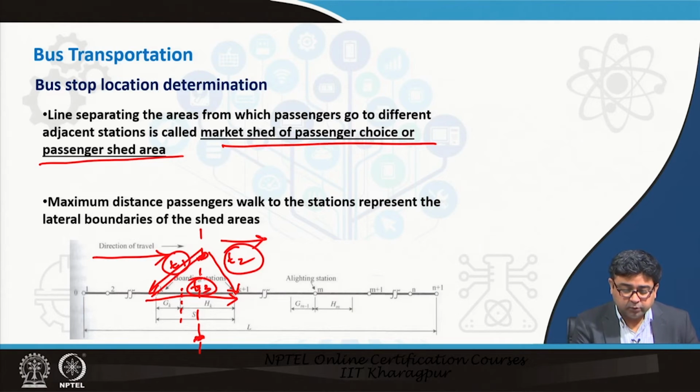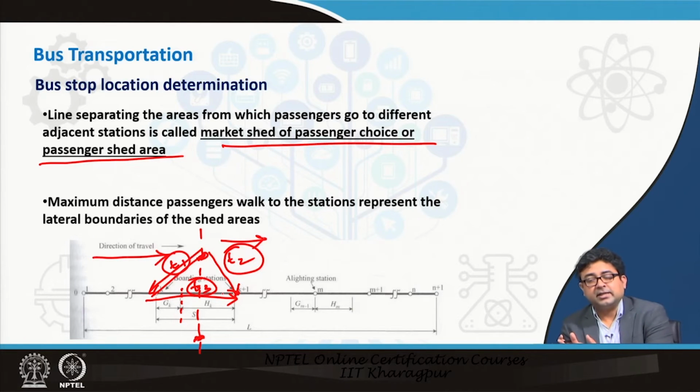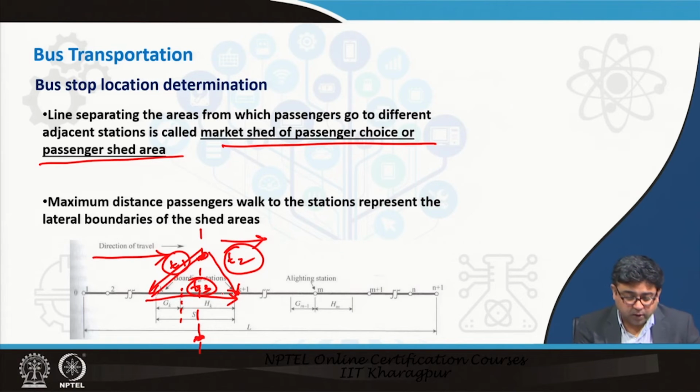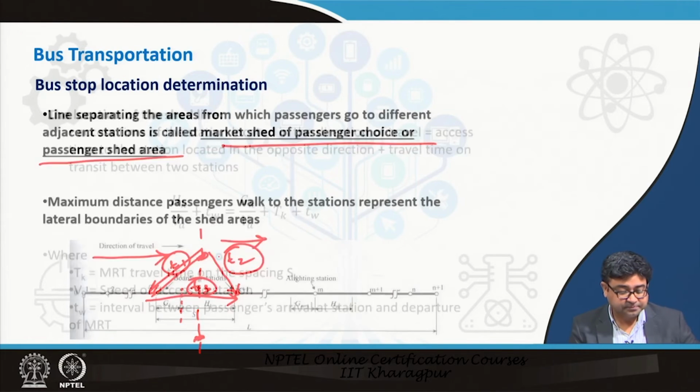Rather than that, you would just go to k plus 1 and then get on the transit line. So even though you are in the center of the market shed or the passenger shed area, you are more and more likely to go towards the station that is in the direction of your travel. So the shed area is